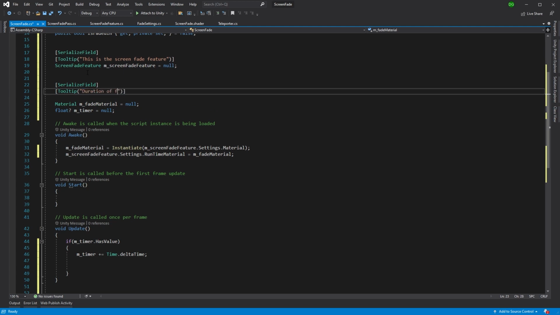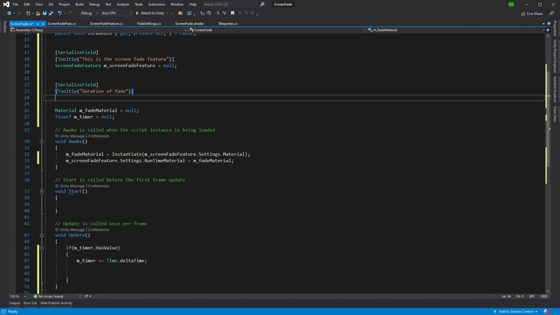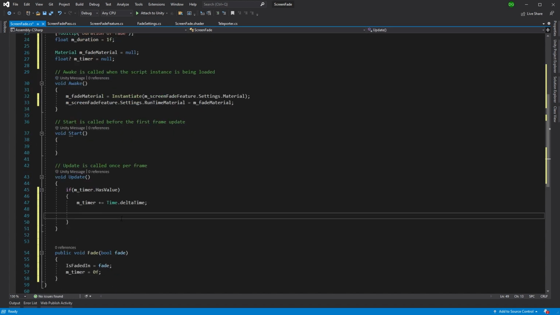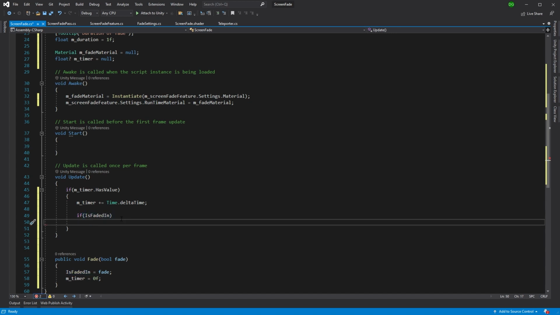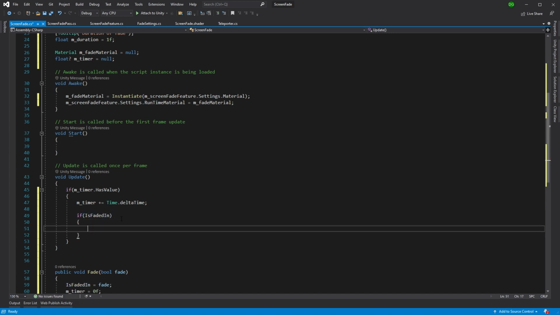Duration of fade. And this will be a float, and duration. And we'll set that to a second. There we go. Okay, so now we've got this. We're going to want to basically perform our lerp. So if it is faded in, so if we're fading in, we'll